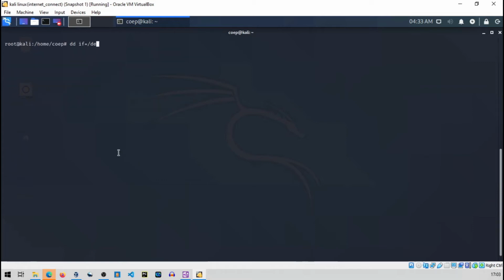So /dev/sdb, right? Now we have to mention the block size, so I will go with 4096, and the location of the output file. Let's say I will keep that in the home directory, on Desktop, and the name of the file. Now I will say DDA, and no, I can't take this name, it will confuse you later on.